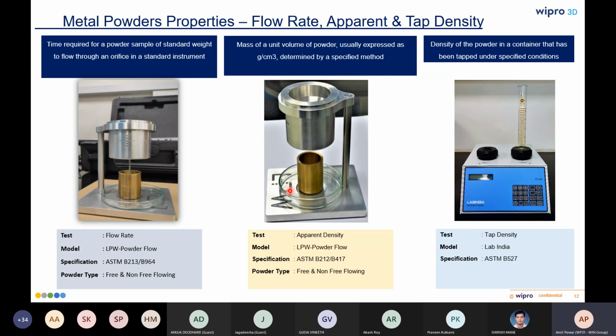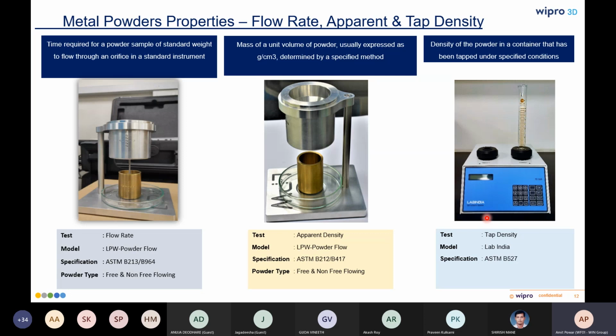So basically, this is a quick and cost-effective standardized method of characterizing the volume occupied by a given mass of metal powder when poured freely into a calibrated container. So, apparent density and tap density are important from the process perspective, because the apparent density is indicated by